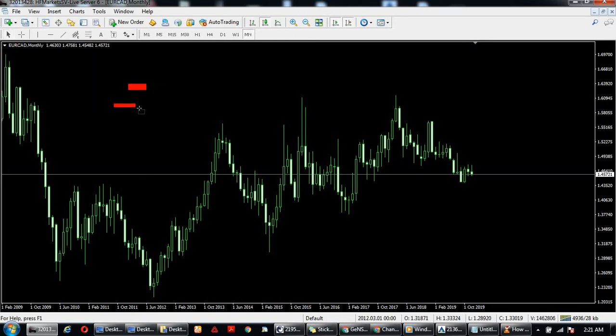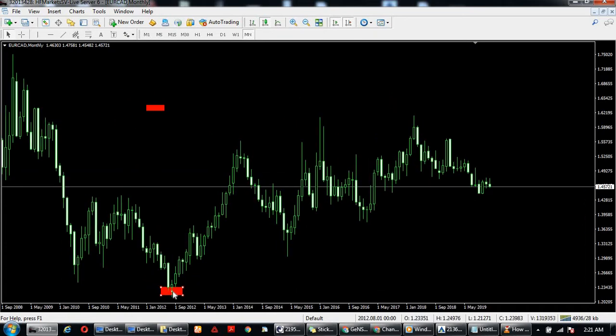Come with me and let's do this together. Okay, yes guys, so we have the swing low here, and a swing high, and there's a new low that is higher than the previous low, and we could see price come and make a new high that is higher than the previous high. Now there's a new swing low that is very much higher than the previous low, and we could see also, okay, here price has made an equal